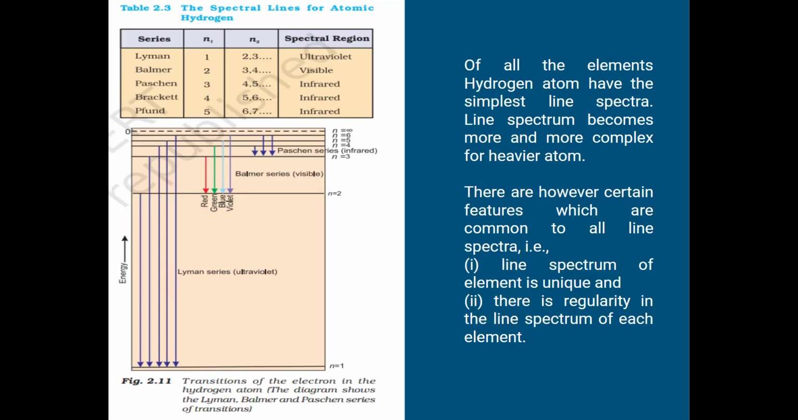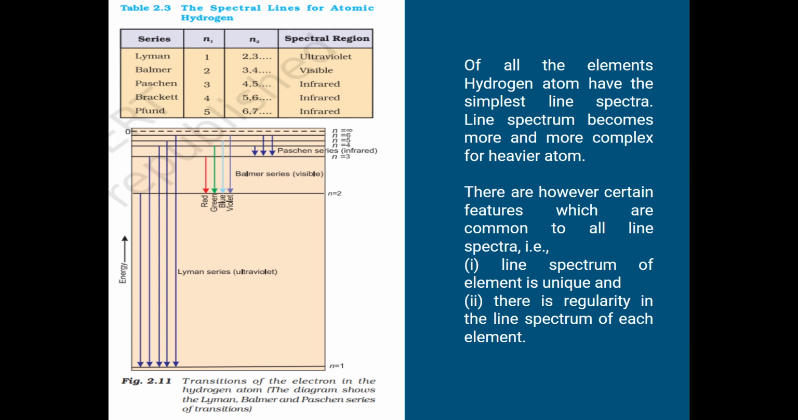So I wanted to explain that the hydrogen atom is the only atom which has a very simple spectra. Spectra for other species is very complex. Now look at this diagram. When from any higher level, your atom is coming back to a ground level and your n is equal to 1, then it is called